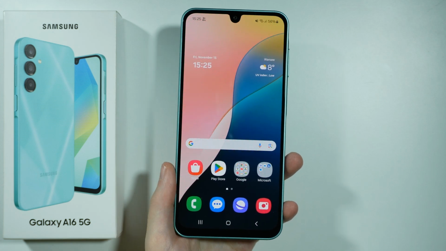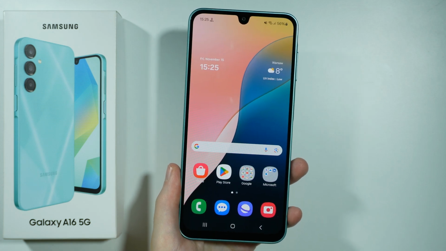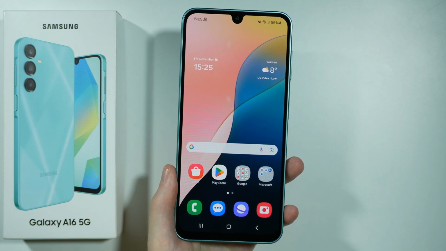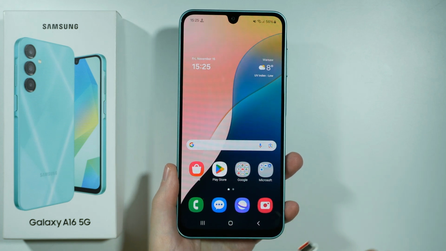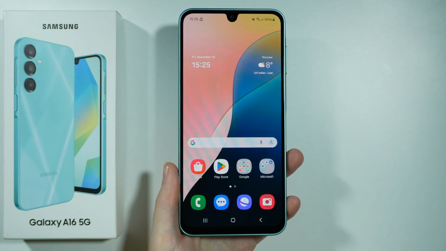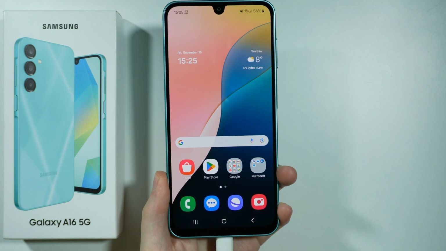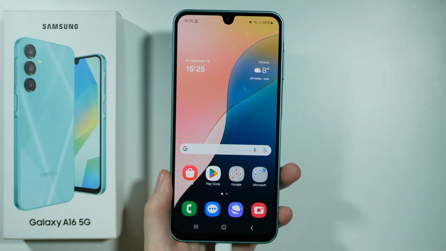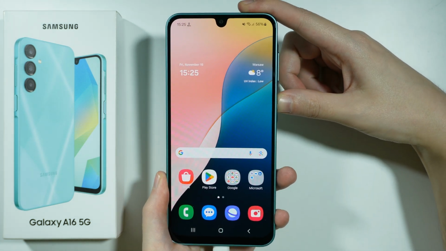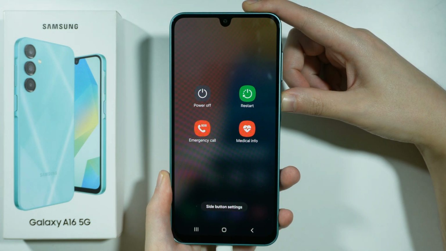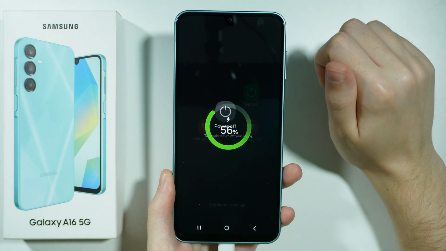Hello, if you want to hard reset your Samsung Galaxy A16 5G by using the recovery mode, what you need to do is use the USB cable and connect your Samsung to your computer. So once you plug it in, what you need to do now is turn off your device. So you want to press and hold the power button or the side button to show the power menu and